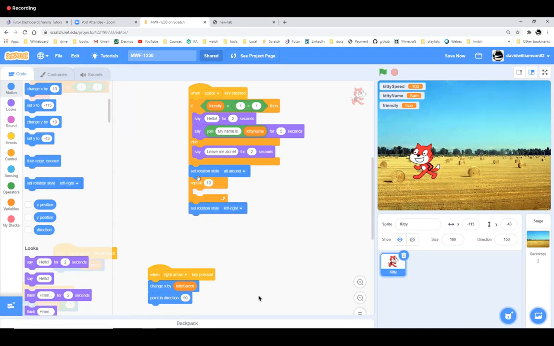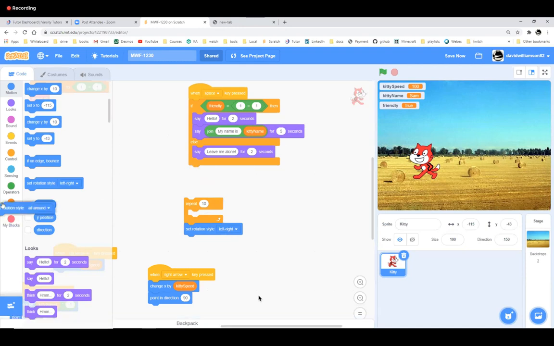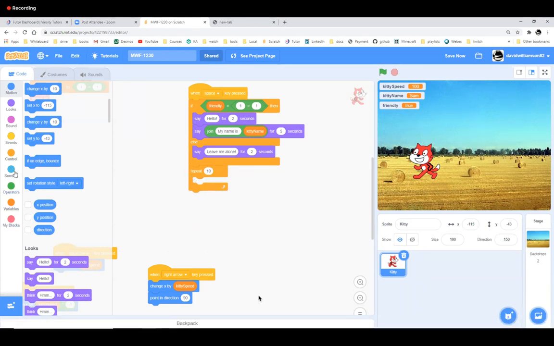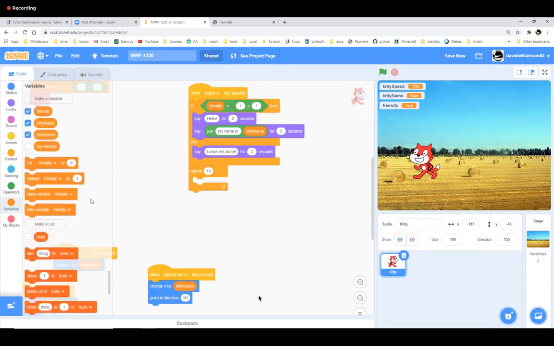I don't really want him spinning around. That's not a real thing that I want to do. I wanted to iterate over my list. Iterating over the list is just going through each item one by one and looking at each item. To do that, I don't want to repeat 10 times. I want to repeat the number of times, like I want to repeat 4 times. Why? Because my list is 4 items long.